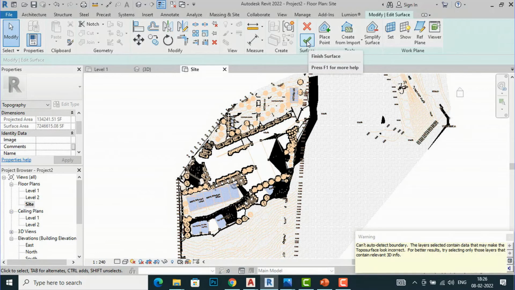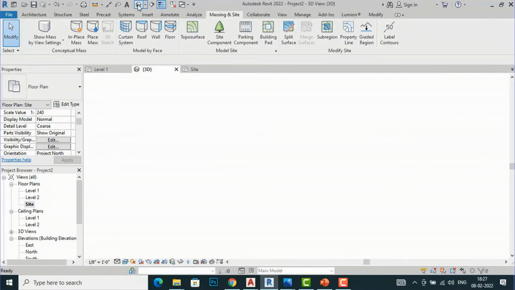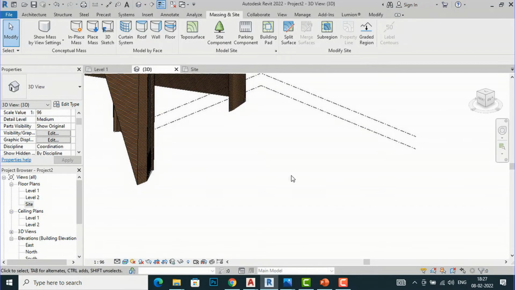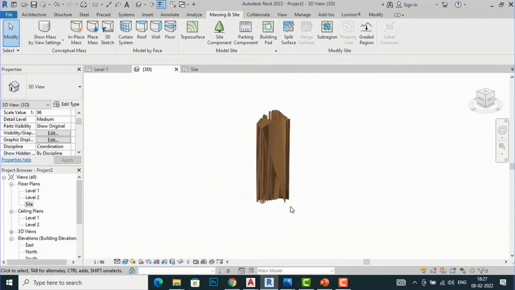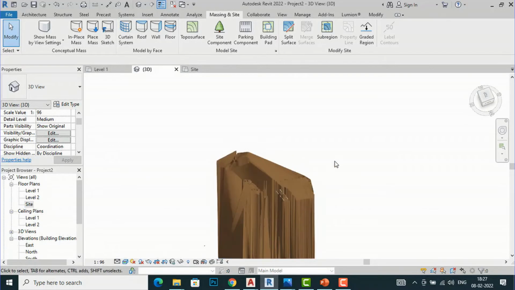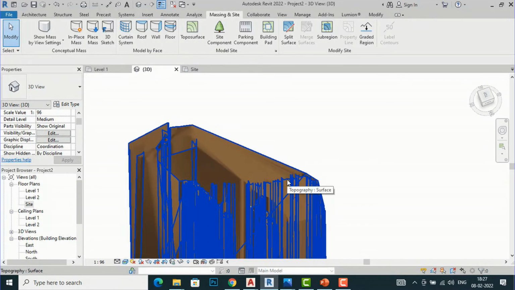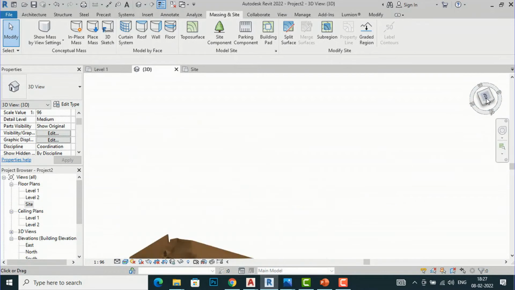So now I am going to finish this surface, and we'll see. Now I am going to my 3D view, and you can see this is a very gentle, steep slope. You can see this is at a higher level. You can see these all are contour lines, and